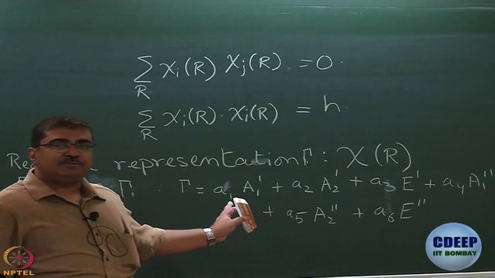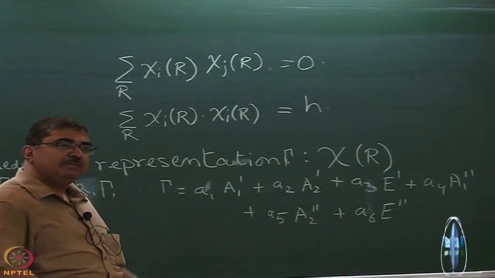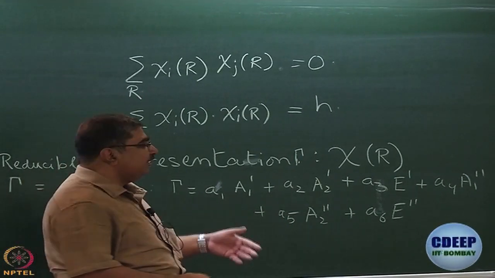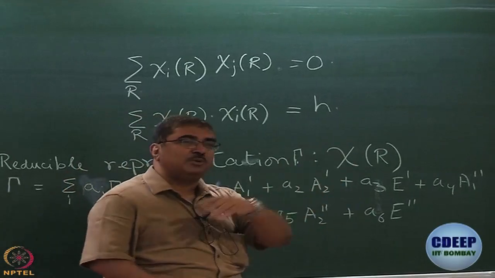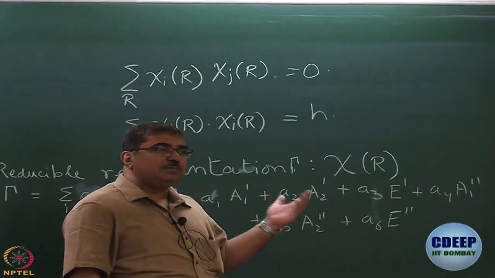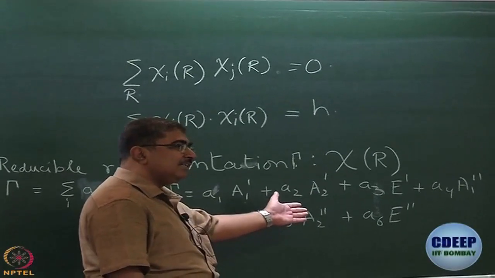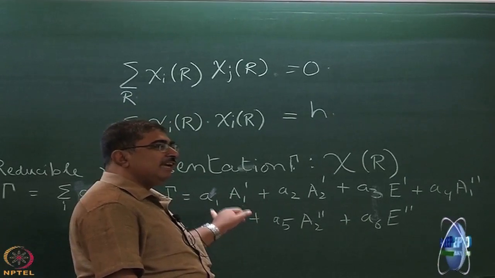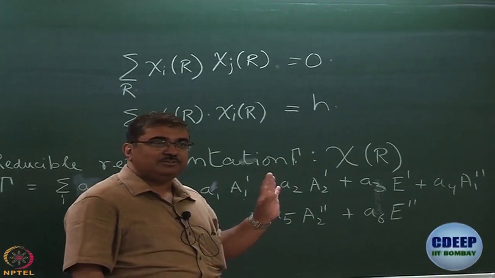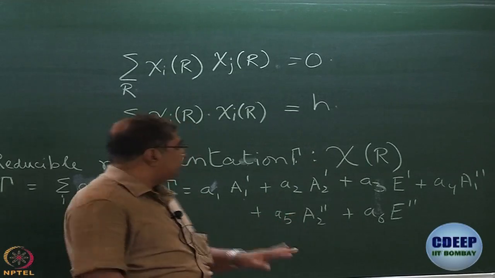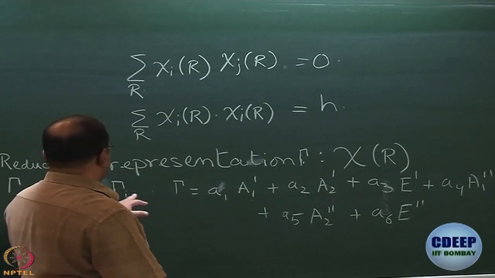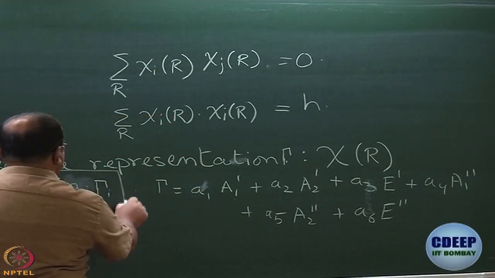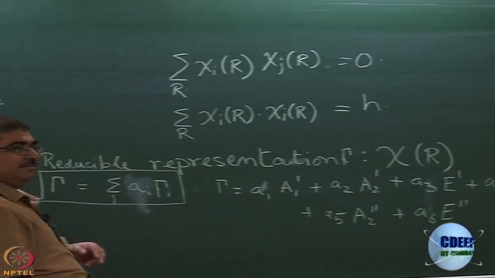Are we clear what we are trying to do here? Any reducible representation should be a linear combination of the irreducible representations. So, the reducible representation that we have, the 12, 0, so on and so forth, we should be able to write it as a linear sum like this. So, our job at hand is, can we have a way of finding the values of a1, a2, a3 and so on and so forth. Are we clear? So, this is the general expression, gamma is equal to the sum over i of a_i gamma i.